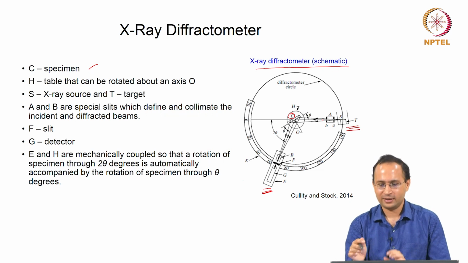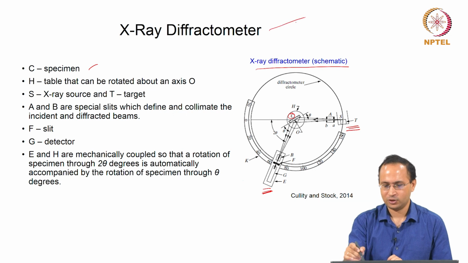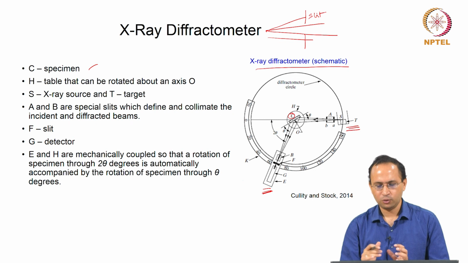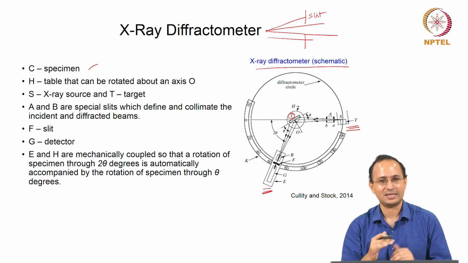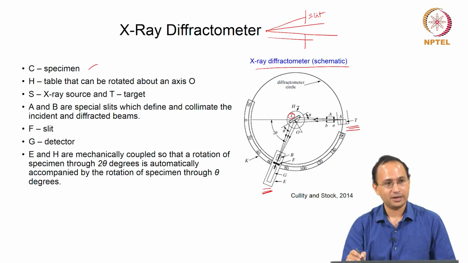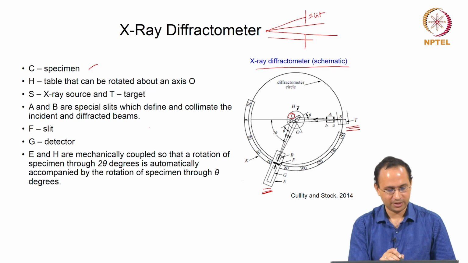Suppose you have X-rays. You provide some slits so that you stop part of the beam, a simple example of slits. So you condition your X-rays, sometimes you want to make them parallel, so you use divergence slits. Then once the X-rays hit your sample, you have to take care of the X-rays coming out, which are the diffracted beams. So you again have some optics here to help you focus the beam.